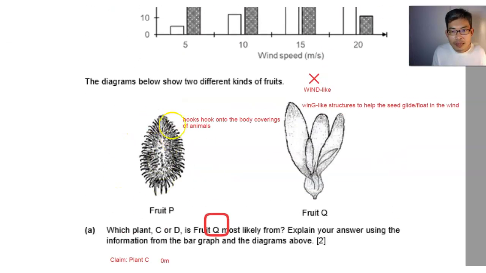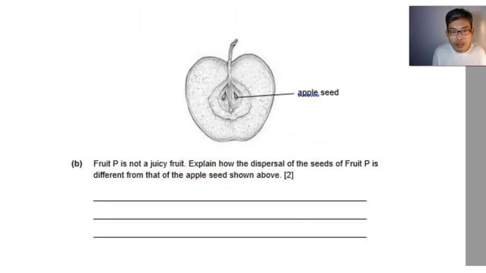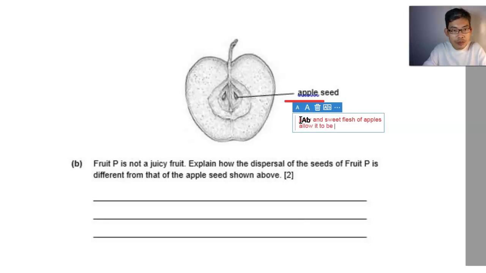So fruit P is here. It's dispersed by animal. Now here we notice the description, juicy fruit. Now apple, of course, we've all eaten apples before, I'm going to assume, right? All of you are apple eaters. And apple, of course, is a juicy fruit. Juicy and sweet flesh of apples allow it to be dispersed by animals eating the fruit and spitting the seeds out